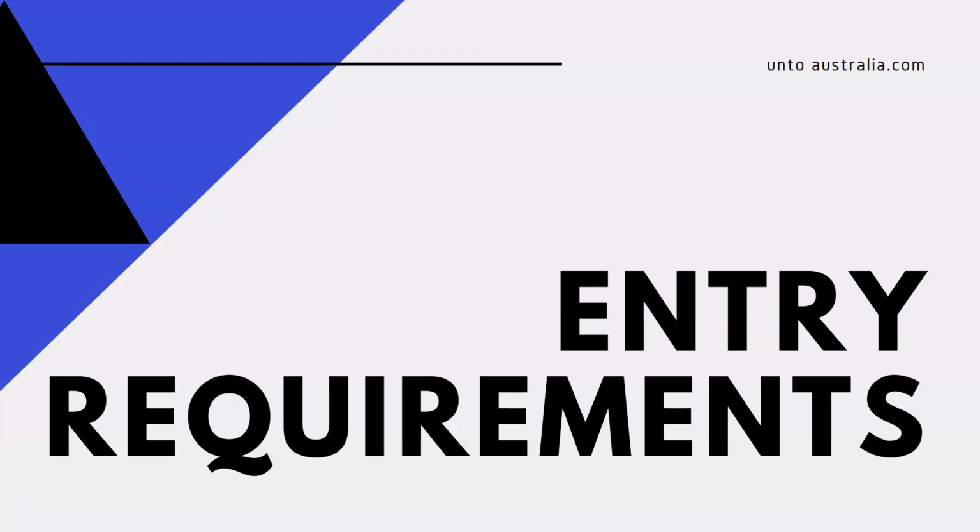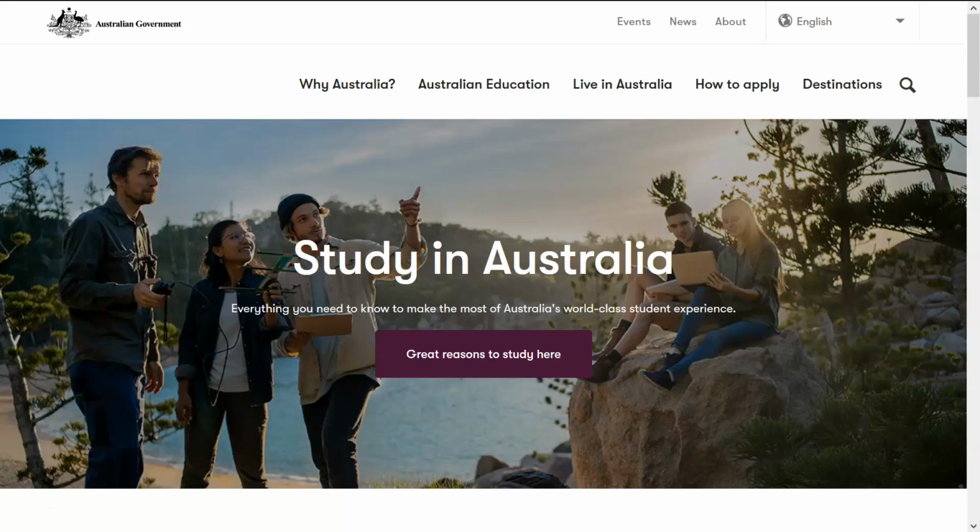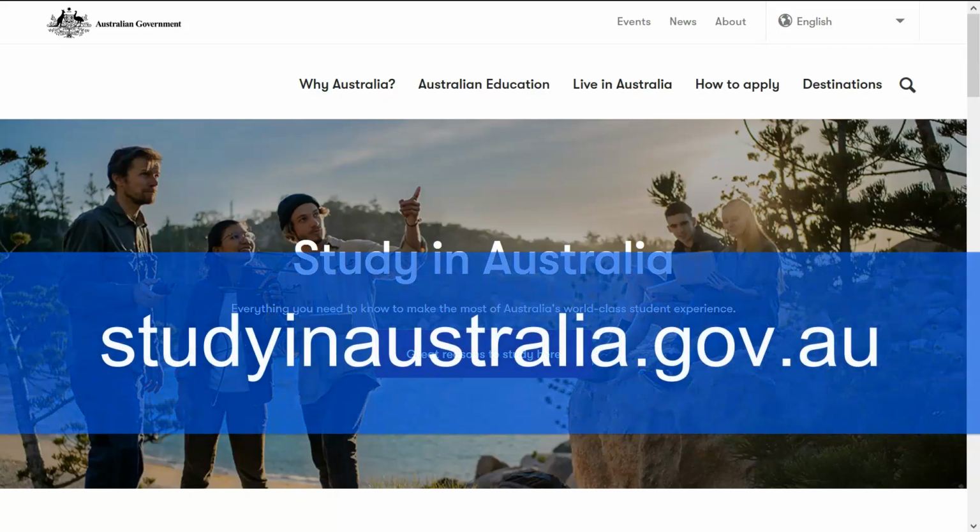In this video I will show you some of the entry requirements to study in Australia. For a study visa there are 4 requirements. You need to have English language level, you need to have a correct academic level, you need to pass all the visa requirements, and you need to have healthcare cover. All of these details can be found at the Australian government website called